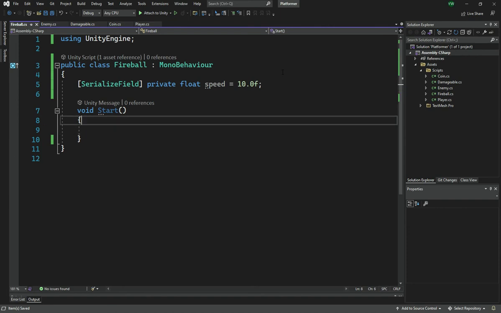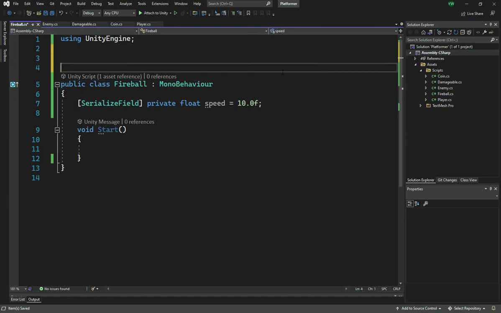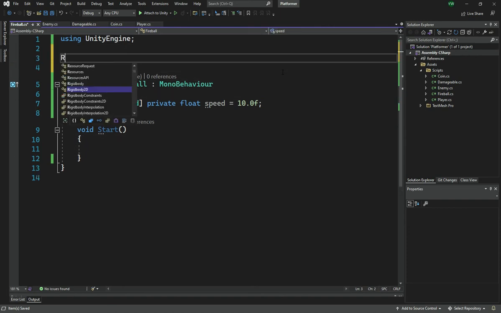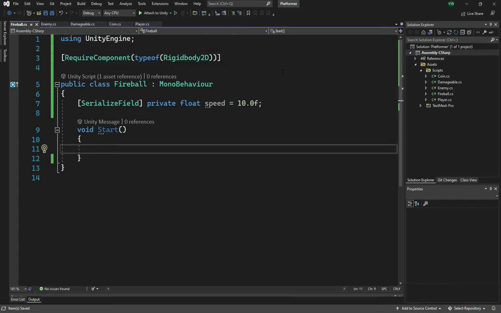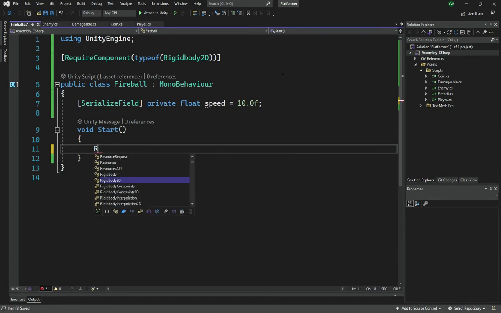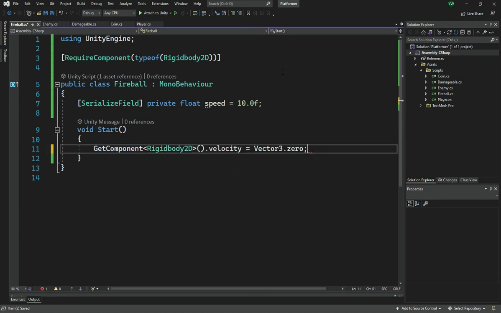We are of course going to use the rigid body 2D to move. So we want to use require component here by going require component type of rigid body 2D. Okay, so this will make sure that a rigid body 2D is actually attached and won't execute until it is, which will prevent null exceptions and other stuff. So get component a rigid body 2D dot velocity, and set that velocity to